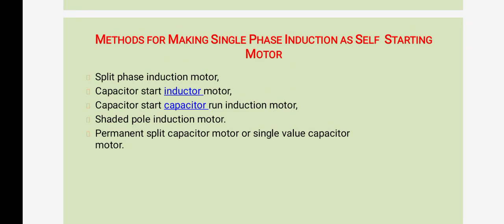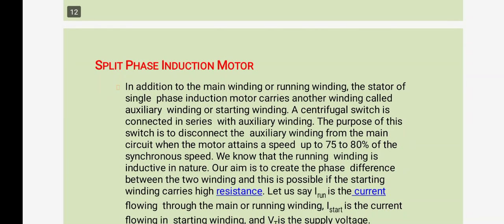So, what are the methods for making a single phase induction motor self starting? One is the split phase induction motor, then the capacitor start induction motor, the capacitor start capacitor run induction motor, the shaded pole induction motor, and the permanent split capacitor motor or single value capacitor motor. These are the methods to start the single phase induction motor, or make it self starting. So, split phase